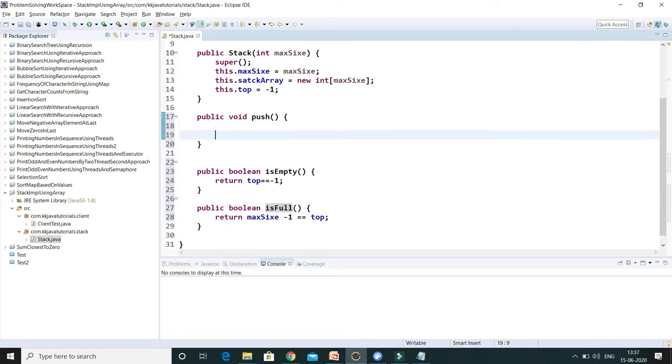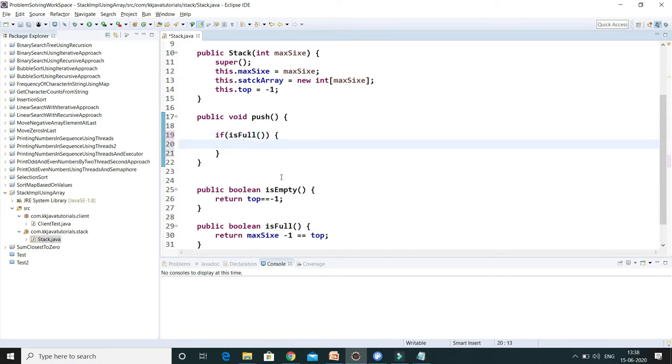Now, before pushing an item into the stack, what we have to check is whether the stack is already full. If that is the case, then we have to simply throw an exception. We can't push an item into the stack, right? So I will throw new runtime exception.